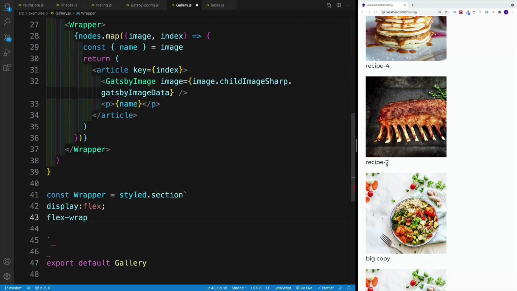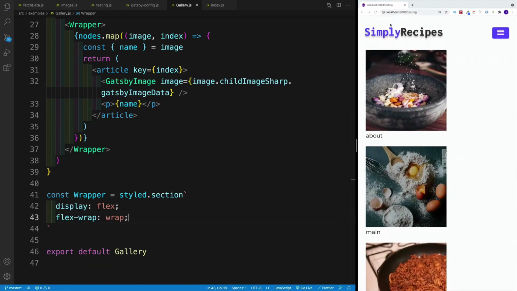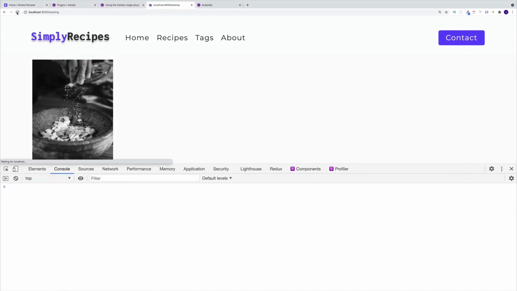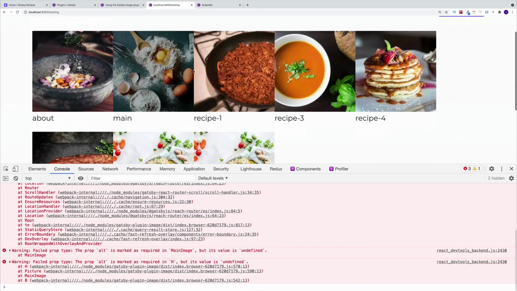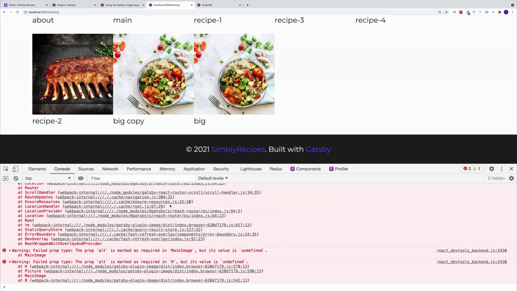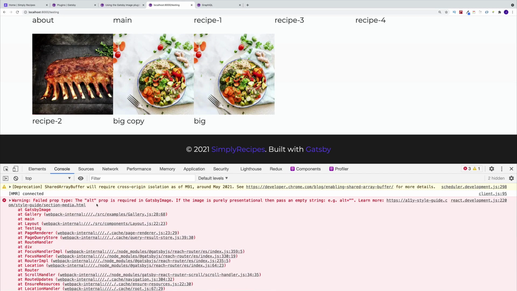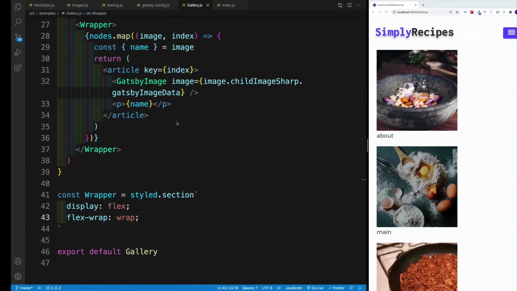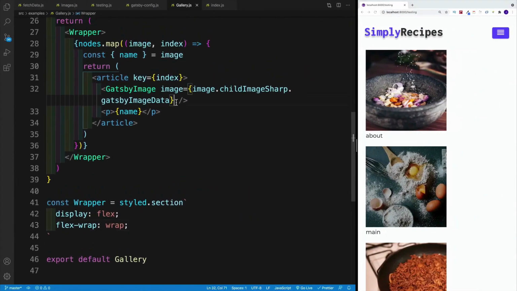So say that my wrapper by default will be display flex here, then flex wrap will be equal to wrap. That just means that if there's not enough space, we'll wrap to the next line. We'll say wrap, and then if we navigate, should get the side by side. Now, of course, it's not going to be on a small screen because we have 200 by 200. But if you go to the big screen and if you refresh, and yep, of course, we have the gallery displayed. Now, what's missing is the alt prop. So it's complaining